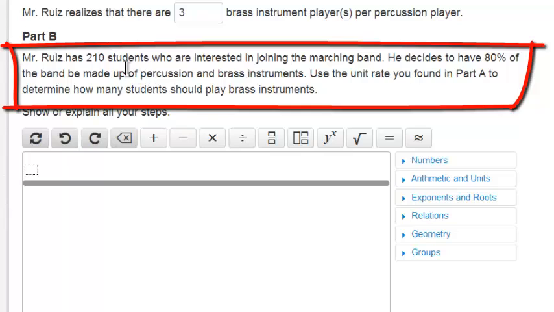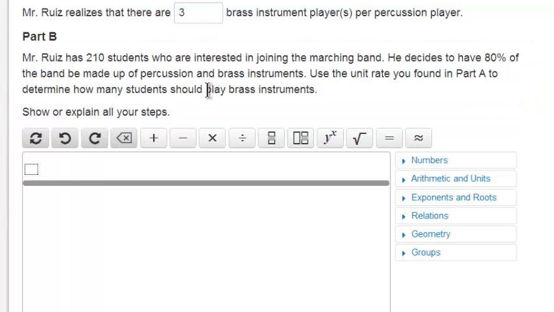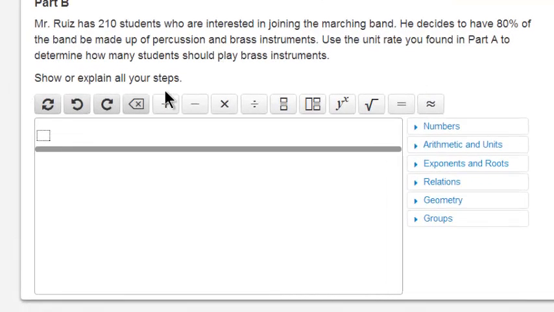So I've got 210 students. 80% of them will be percussion and brass. So the first thing I need to do is figure out 80% of 210. So I go down to my text box here. I'm going to type 0.8